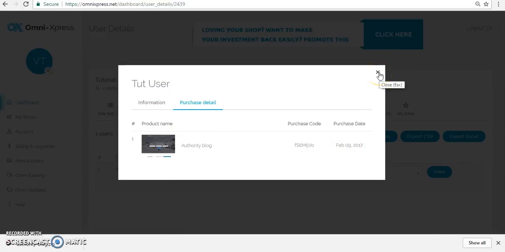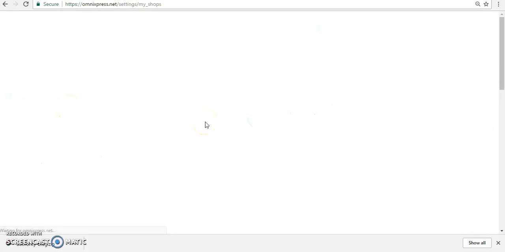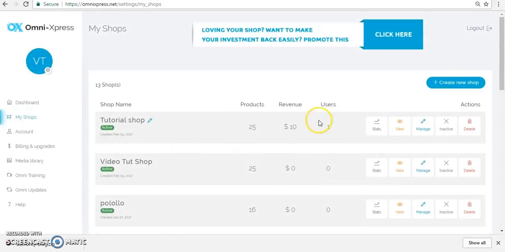I have also received an email regarding this purchase, and the customer has also received this particular email. If you want to check the revenue, how much you have earned through this particular sale, it's $10 revenue, because he applied a $5 coupon, so he basically paid $5, but you have earned 10 because the coupon code has been added up. So this is how all of this is working. We have an account section, and this is all we have for the shop right now. Okay, one thing which I